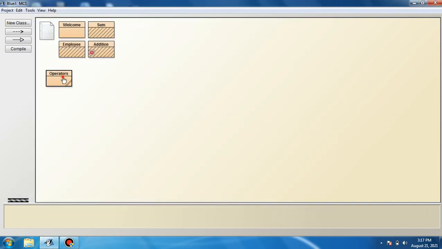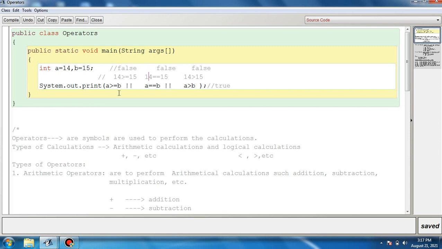Logical OR says that if any one is true, then ultimately the logical OR will also result in true value. If any one of the expressions is resulting in true, the final result of the logical OR will also be true.